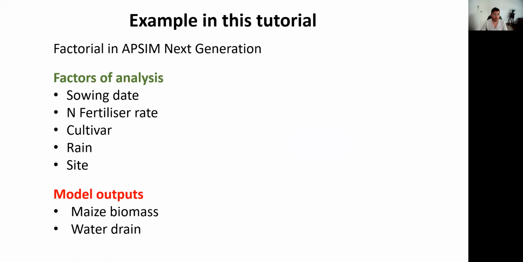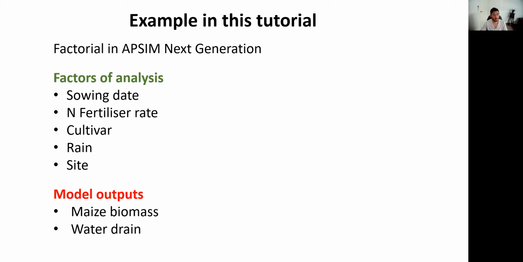Okay, so we will present the example. Today we will talk about a particular example which can be adapted based on your needs. We will present a factorial simulation in APSIM Next Generation, assessing 5 different factors: sowing date, nitrogen fertilization rate, cultivar, rain, and site. And at the same time, we will ask the model for 2 particular outputs: maize biomass and water drain, and